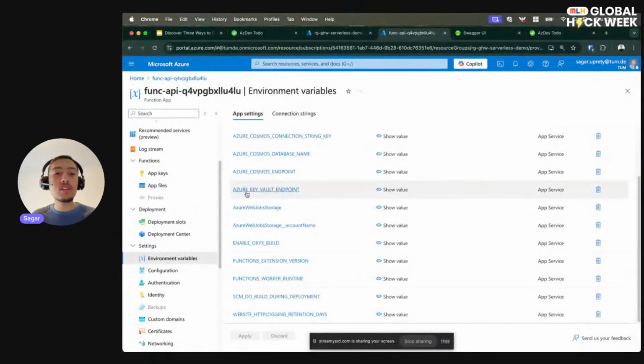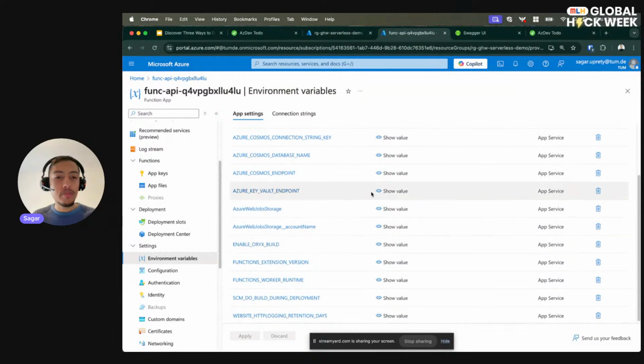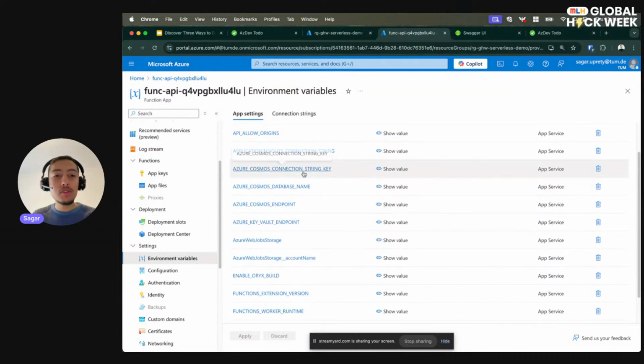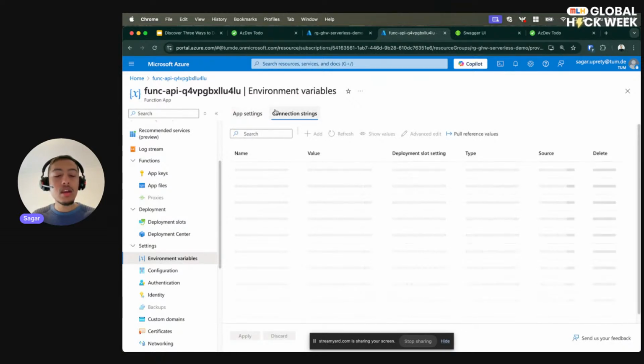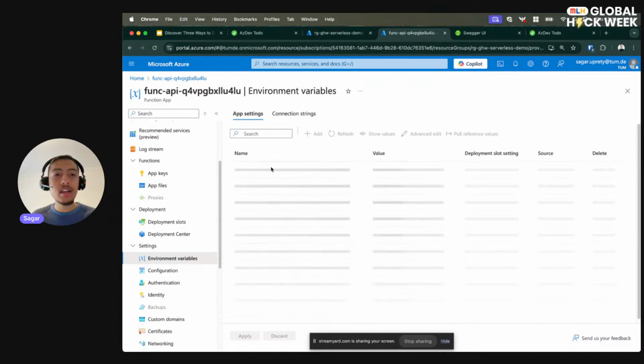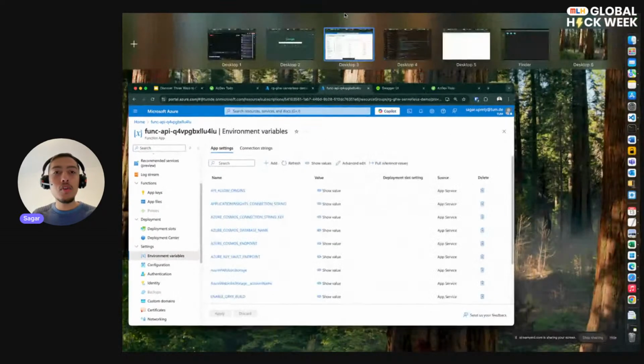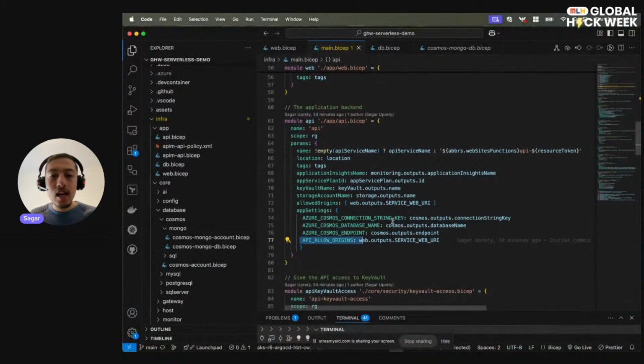So let us see if those are actually over here. You can see the Cosmos DB connection string, the Cosmos DB database name, and the Cosmos DB endpoint. All of these are already added within the application settings, right? And this is done. If you go to the Bicep file, you can see that Azure Bicep got